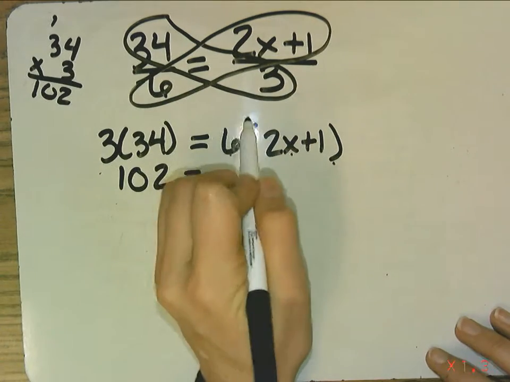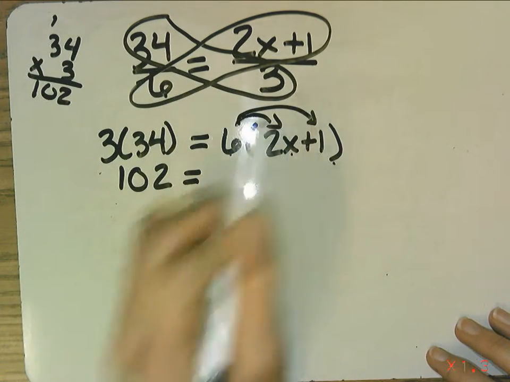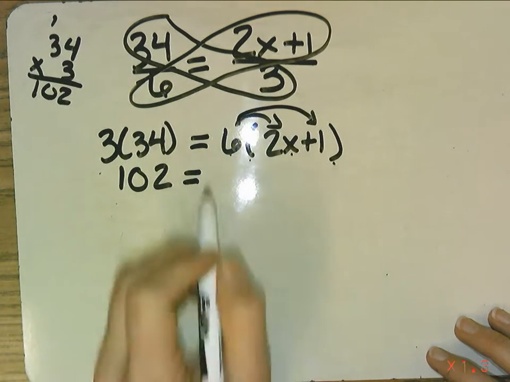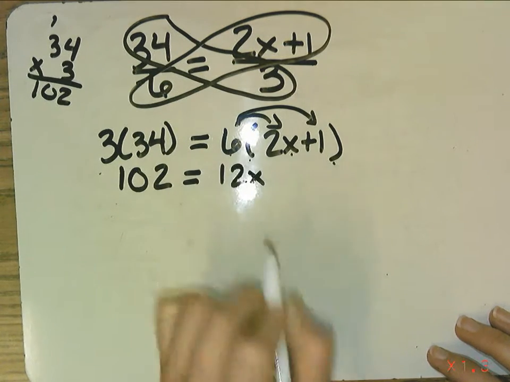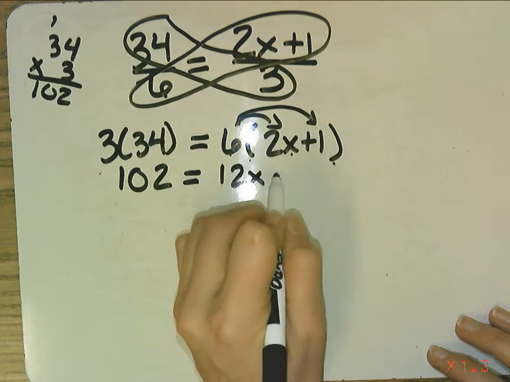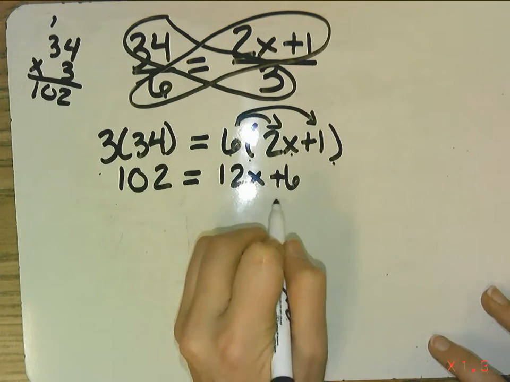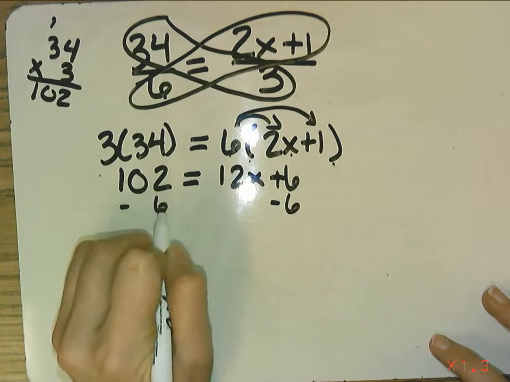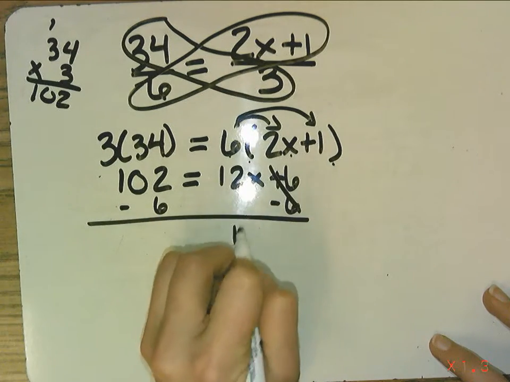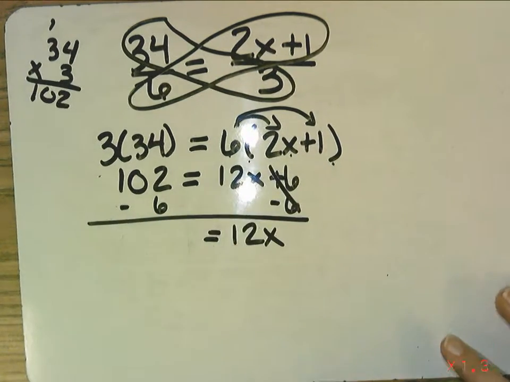On this side, I'm going to distribute my 6. So I have 6 times 2x, which gives me 12x. And 6 times a positive 1, so that's positive 6. Now I'm going to subtract 6 from both sides. That's going to give me 12x is equal to